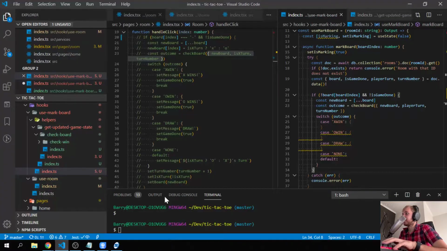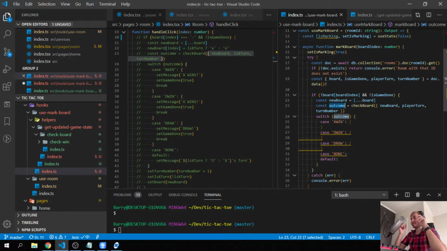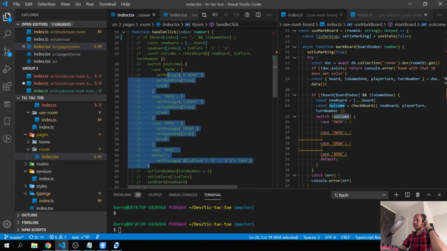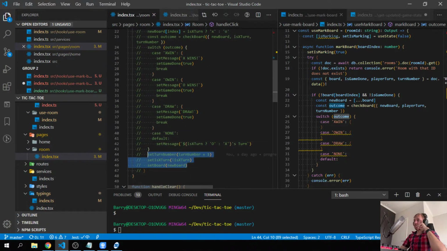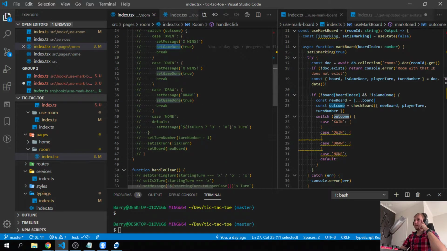Sweet. So basically, instead of saying this checkboard here, we're going to say get updated board state, and we're going to put in the same things because we generate the outcome based off of these values. And then the outcome, instead of giving us an outcome, we're going to give it an object. The only things that change in this is, well, I guess we could actually fit these things into the same function too. So we will say a new message, new is game done, new turn number,